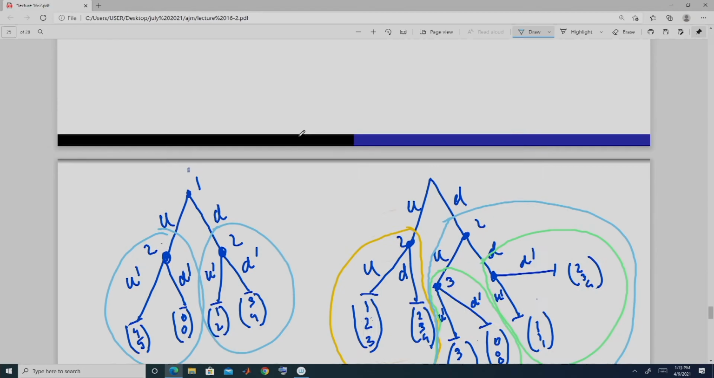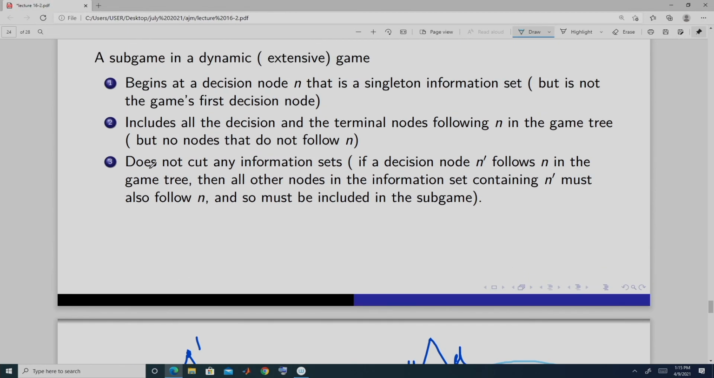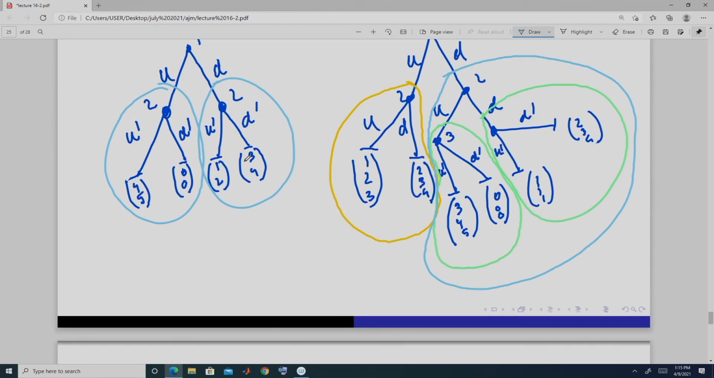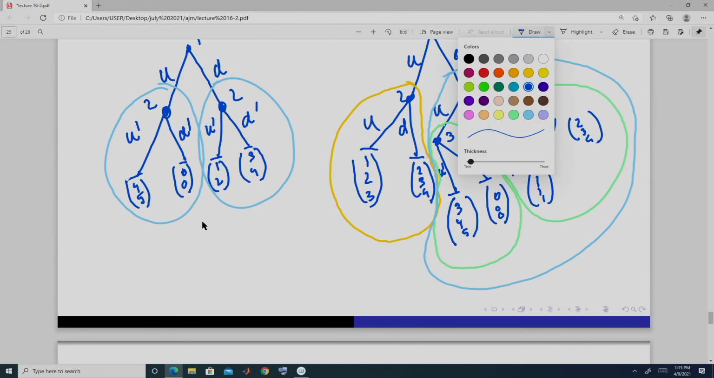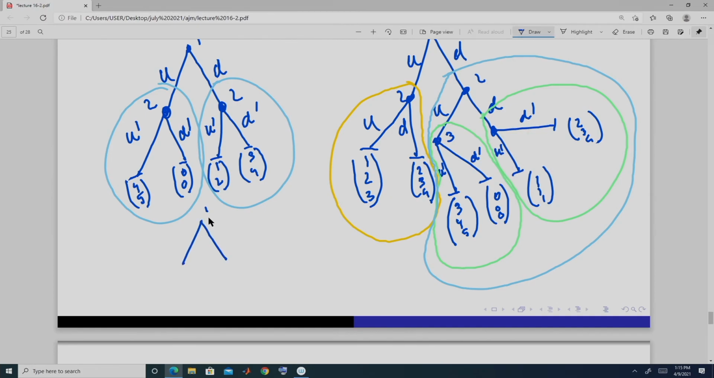Okay. So subgames include all decision nodes and terminal nodes following n in the game tree. So if you start from any node, then all the nodes that follow it should belong to that game. Okay. And it should not cut any information set. So this means that if the game is, suppose, of this nature,